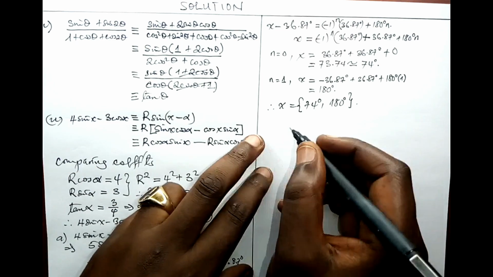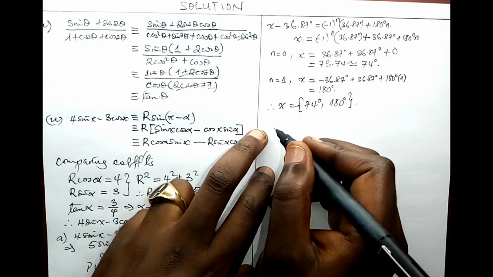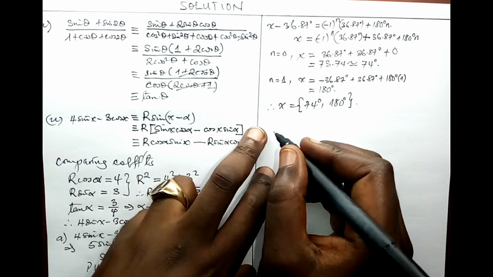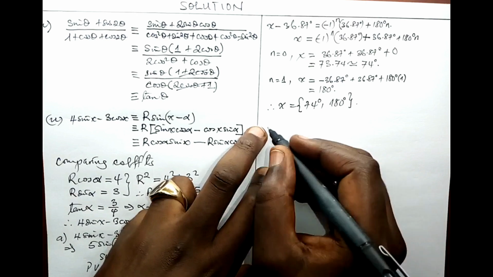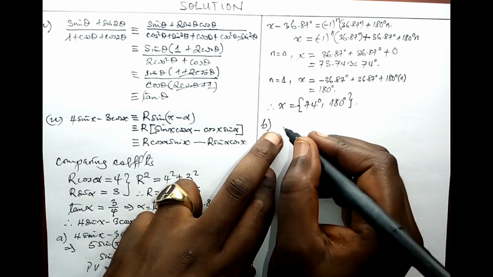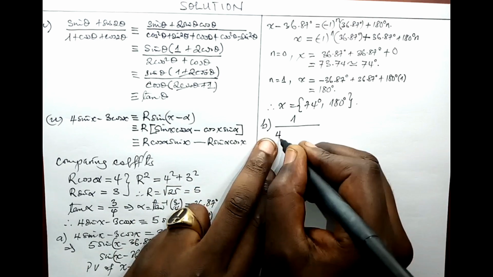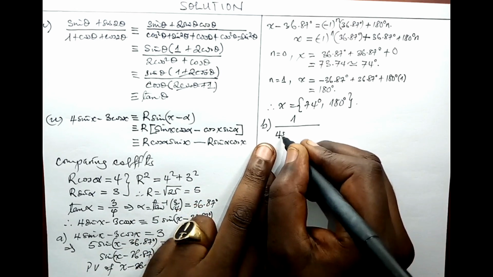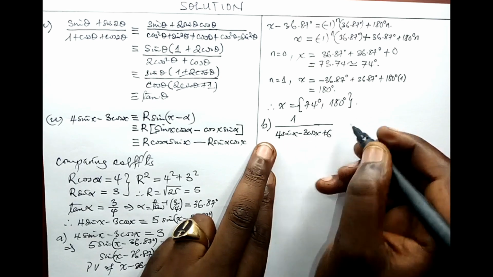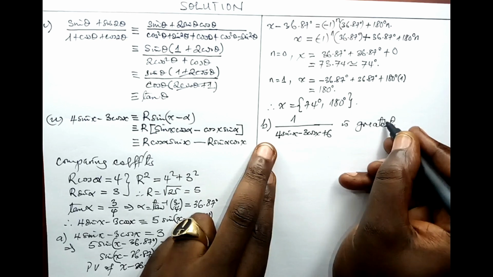There are two ways of doing it. The first method I'm going to show you is the easiest, a shortcut which you can always use if you have to be sure of getting the answer correctly without mistakes. In that method, I simply make the argument that 1 all over 4 sine x minus 3 cos x plus 6 is greatest, that means maximum, when